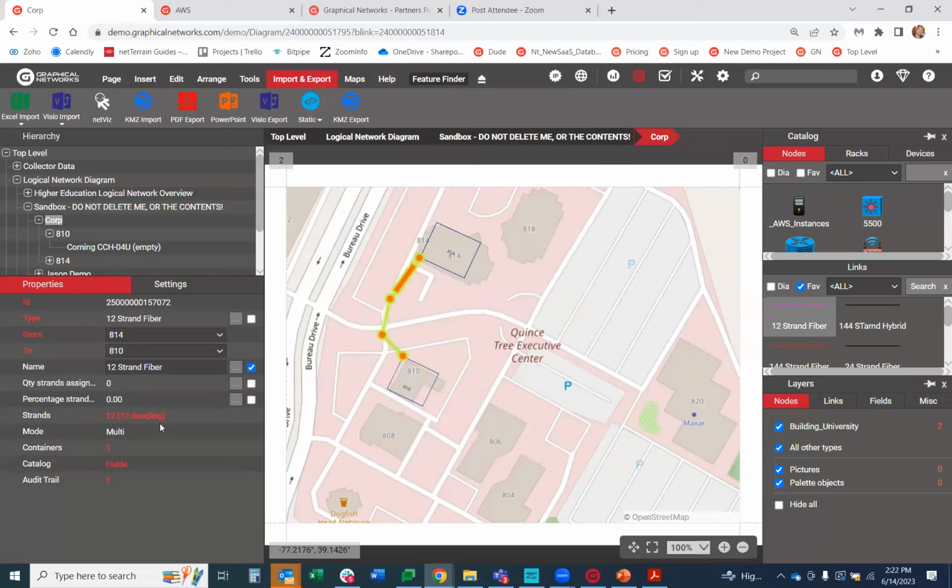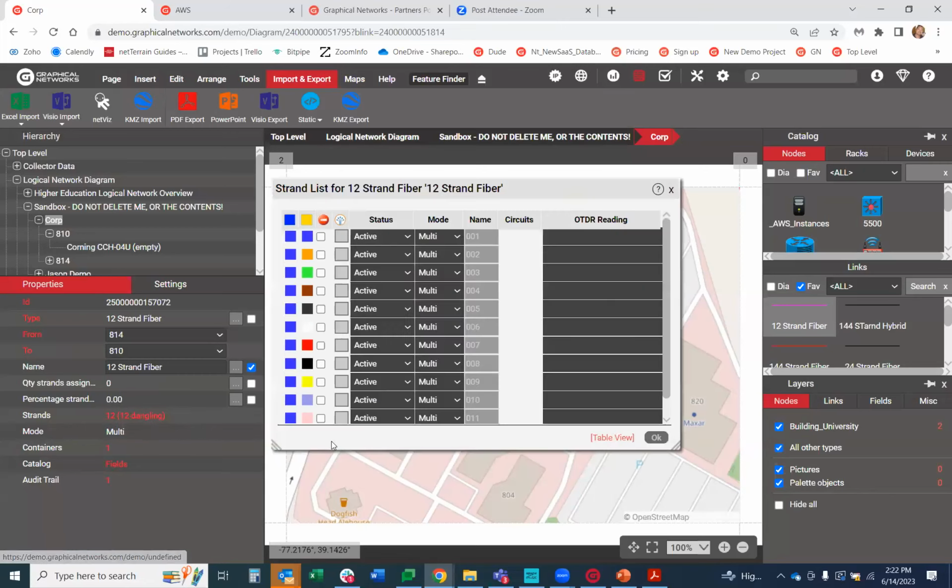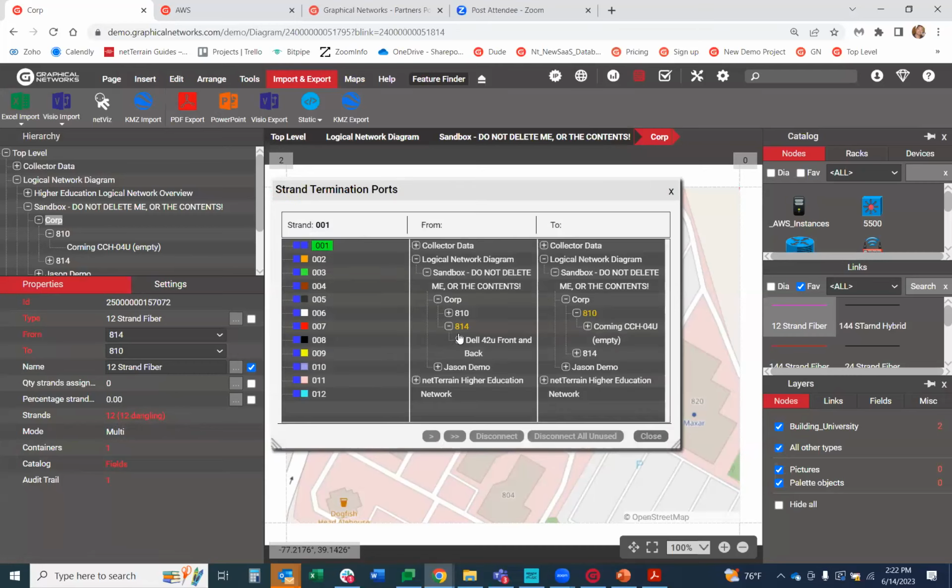In order to do the port-to-port terminations, you click on this strand. So it's 12 dangling, meaning there are 12 fiber strands that are not connected. And they'll pull up your strand port terminations. So buffer color, strand colors. You can click on this to set active, reserve, if it's bad, unknown, multi-mode, single mode. You can even put in your OTDR readings in here. You click on this gray box. So again, it's not connected. And it'll take you to